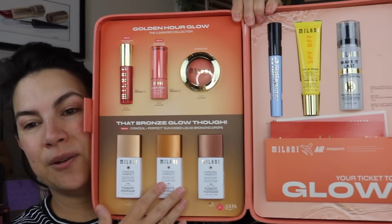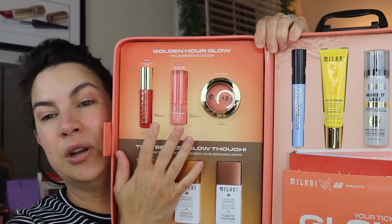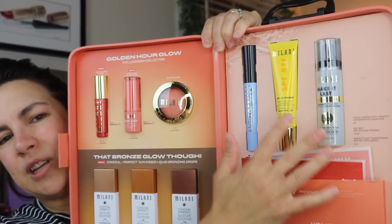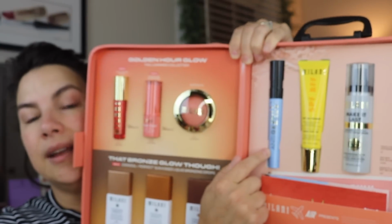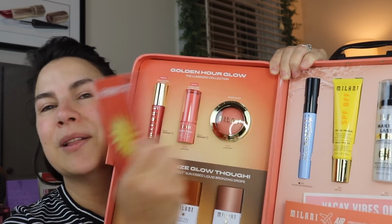As I open it up here, we can see they've got some new bronzing drops. We've got a couple of different Luminoso products, a gloss and a stick blush, along with just the classic Luminoso. And then for summertime, I know the SPF mist has been out for a while, but we've got the SPF primer, a waterproof anti-gravity mascara, and right in here's my little passport, my little explanation of